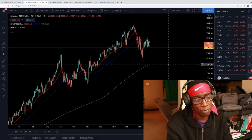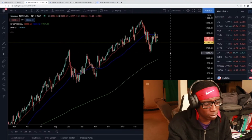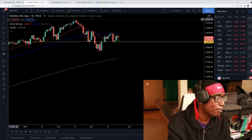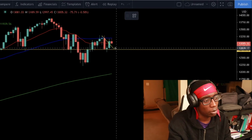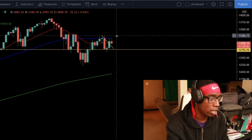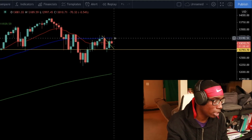This price point of 12793.70. So absolutely, I would be looking for price to touch that level, and potentially you could get in on the bounce there. So if price hits this support level, we would be looking for it to go like that. And technically, you could have an exit point if price is to touch that level. You could have an exit point on this 50-day moving average, which is